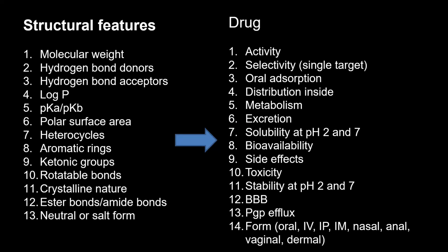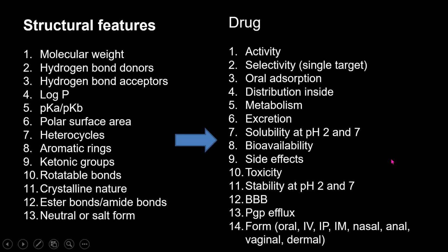As I said, we can experimentally know some of the properties, which are experimentally determined. Normally pharmaceutical companies will determine some of them when they come up with a drug candidate. They will try to experimentally determine all these properties. You can use software also to estimate some of the properties. I will show you some of them also.